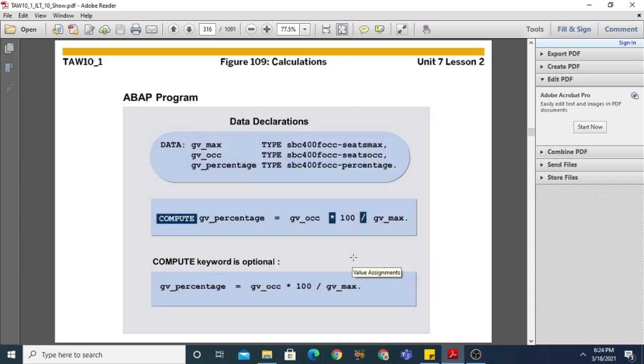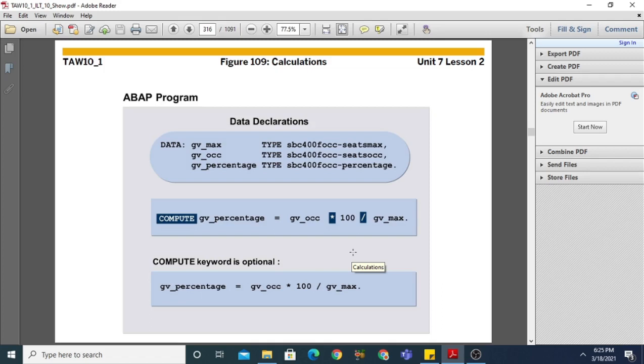Now come to the next slide, which is called calculations. We have a number of operations that we can apply in ABAP program statements, and the valid operations are plus, that is addition, minus, that is subtraction, multiplication, and division.